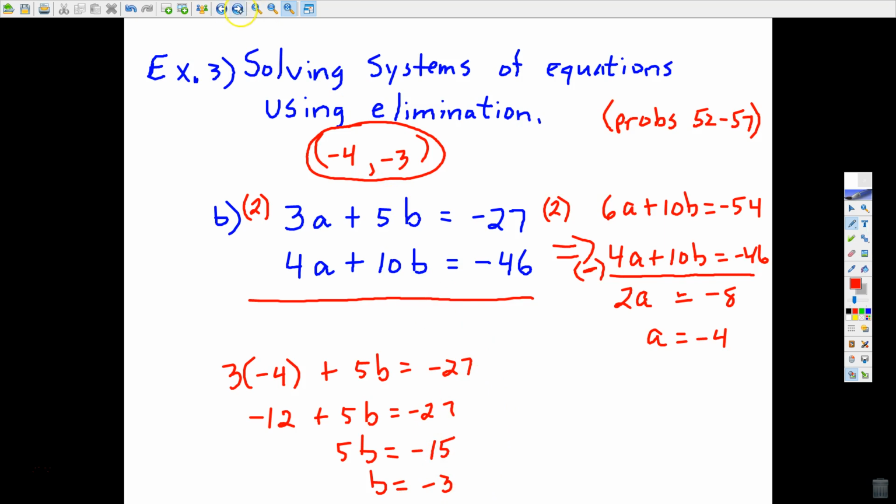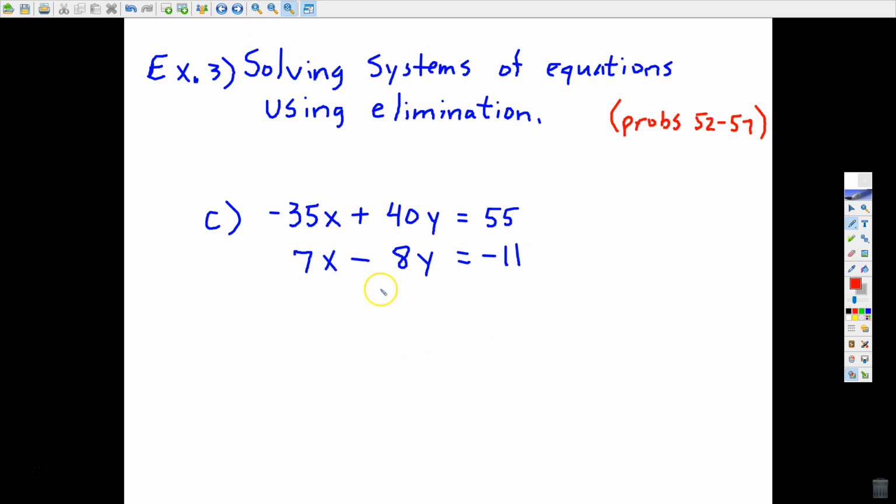All right, I got one more example. This is one of those cases where you could choose, it really doesn't matter, you could choose to eliminate x, it's going to require multiplication, or you might choose to eliminate y. You can probably see at this point that using that same number, it's going to cause both of these to eliminate. Let's see what happens. When we multiply by 5 on the bottom and not do anything to the top, we get negative